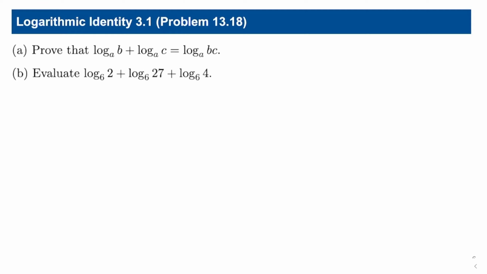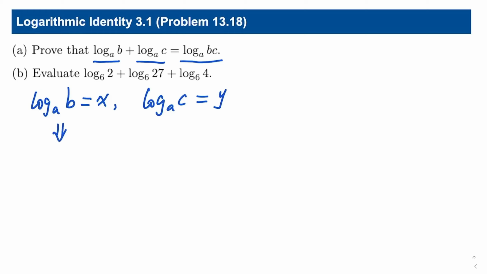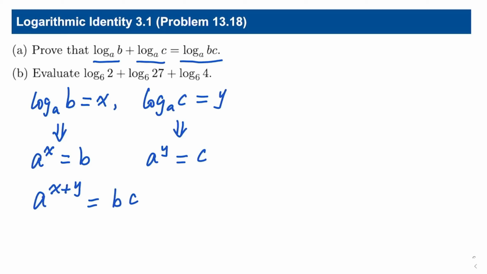Prove that log base a of b plus log base a of c equals log base a of b times c. Let's denote log base a of b as x, log base a of c as y. Then this means a to the power x equals b. This means a to the power y equals c. Then a to the power x plus y equals b times c, which means x plus y equals log base